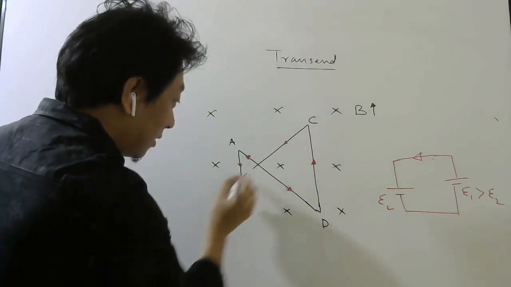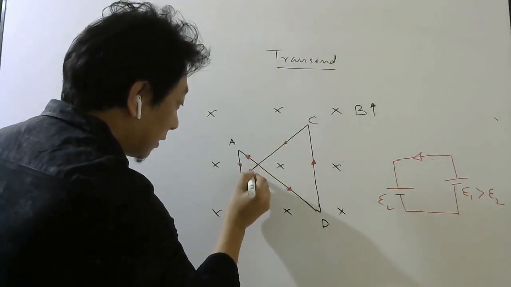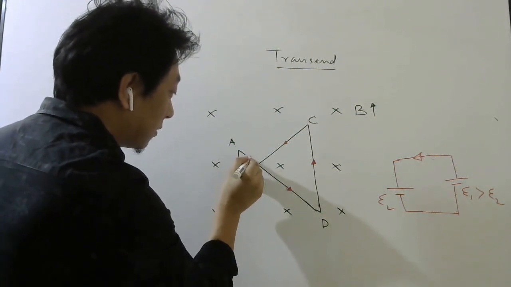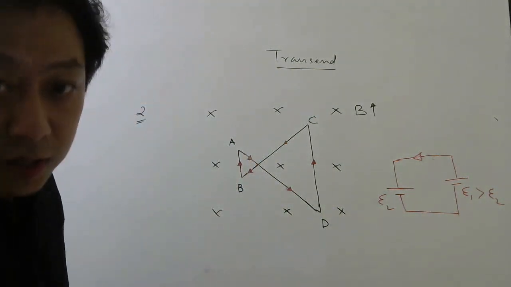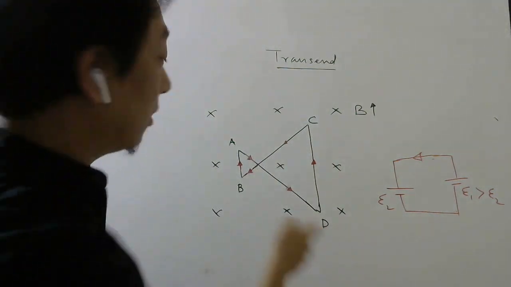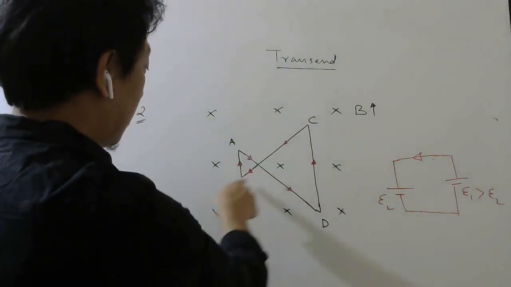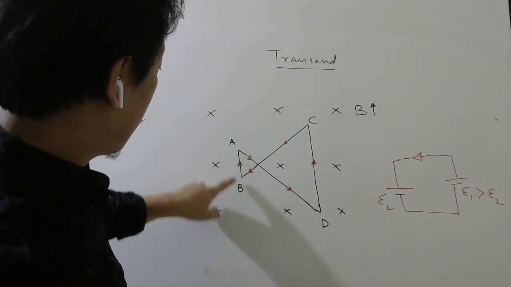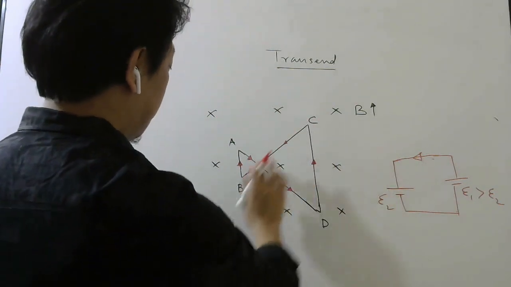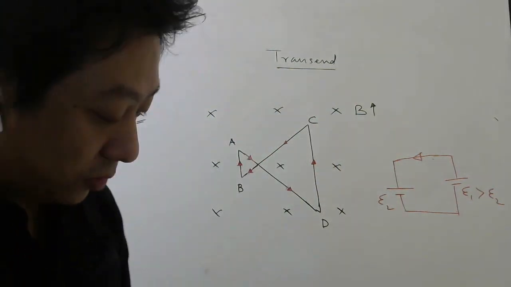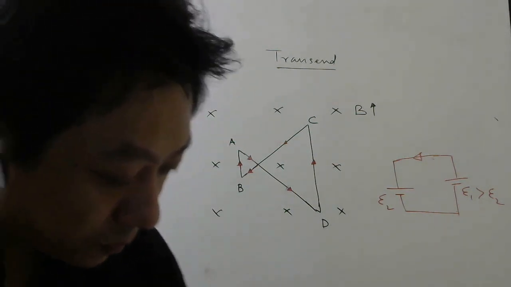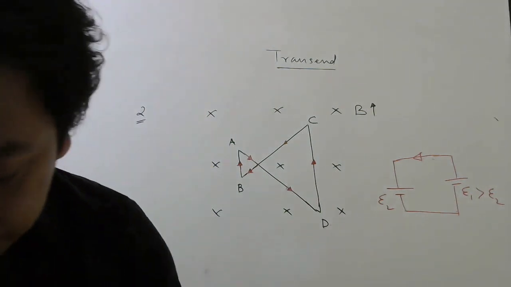So therefore, the current will flow this way. Here it should be like this, therefore here it has to go this way, and here it has to go this way. Okay, so always look at the bigger area and find the direction of the induced current according to Lenz's law. For the smaller area, no need to do anything, just follow this one. So for part AB, it goes from B to A. For this part, it goes from D to C. So B to A, D to C, option A. Now let us see question number 3.